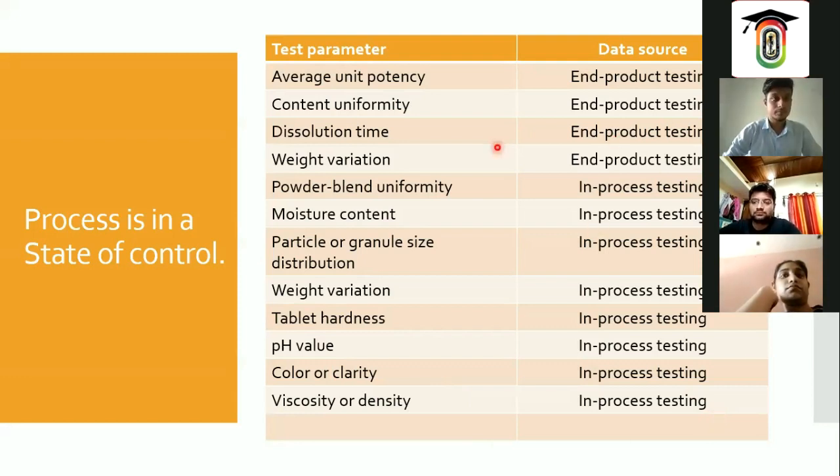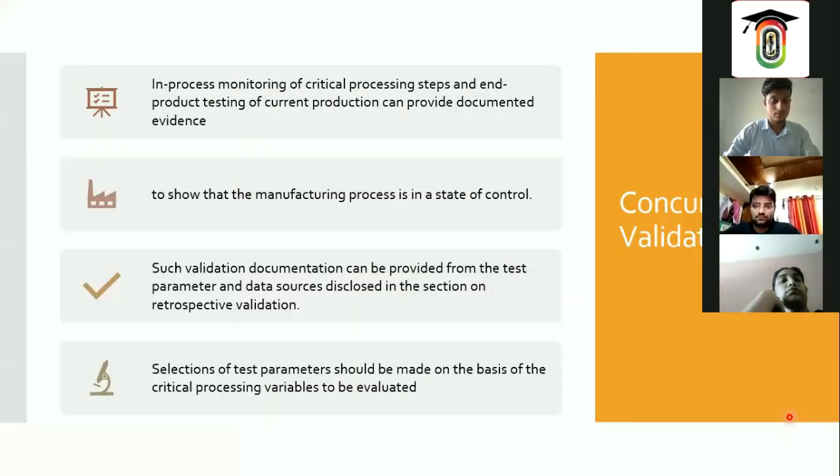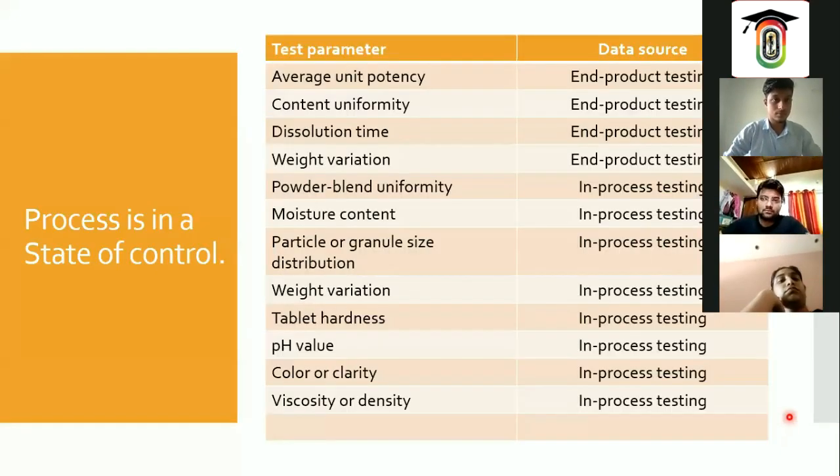So you can say these are all the things we have to test during the concurrent validation. You're getting me? If we are clear with these test parameters and the data sources, like when we are taking the samples, in process, we are taking the samples at the end of the batch, right? So these testings we require for the concurrent validation. Understood, everybody? Why we have to do it? To maintain the process, that we have to show that it is in a state of control, right? And definitely, if we follow all this, then ultimately we will get the quality product. Fine. So this is all about the concurrent validation.